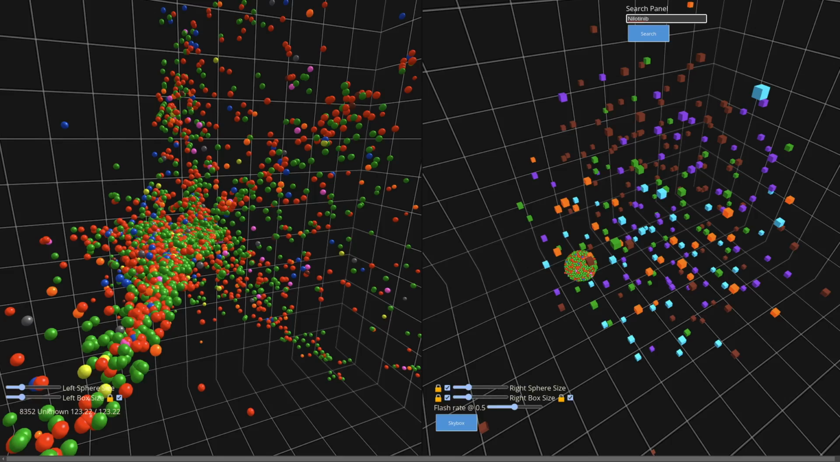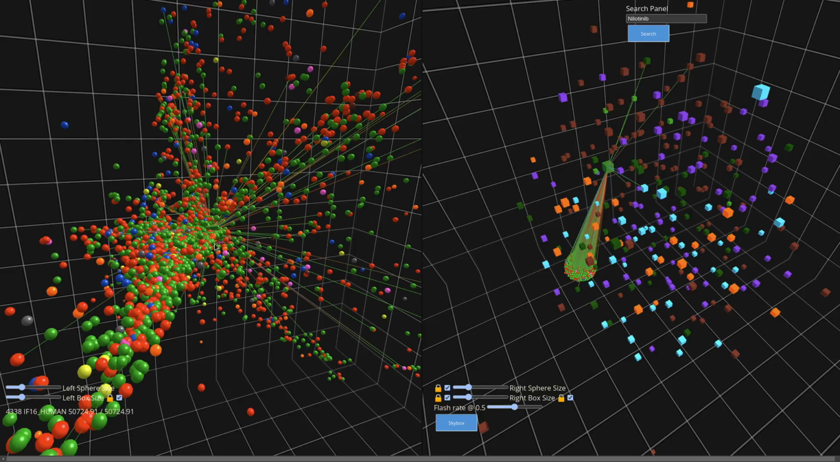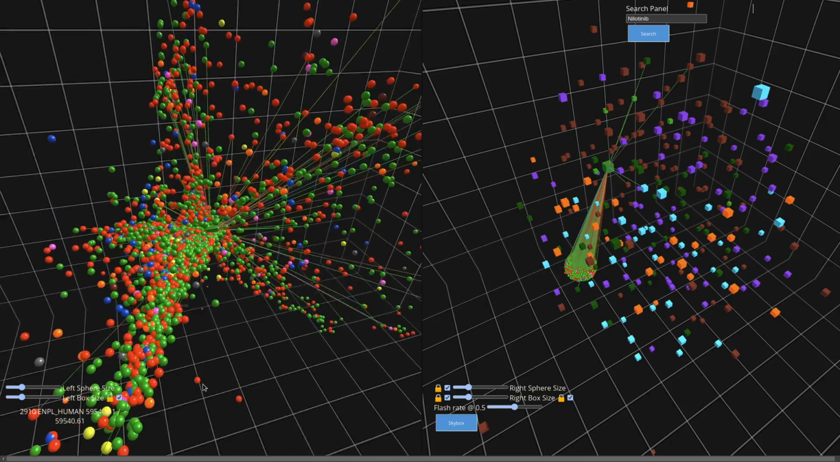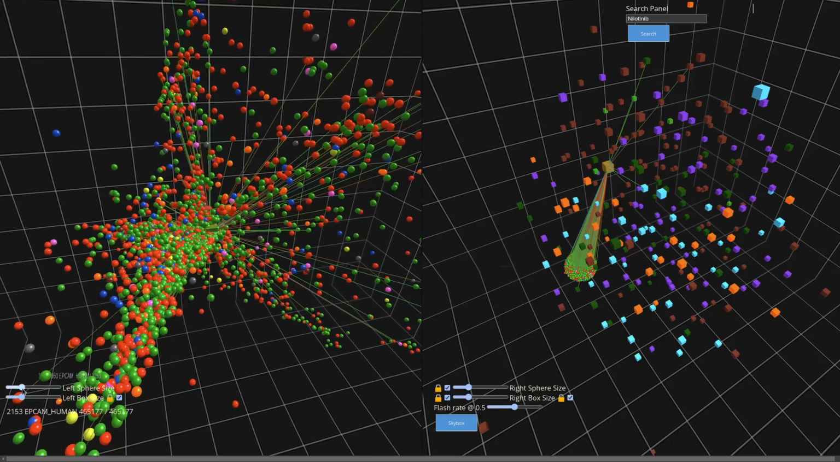nilotinib, a cancer drug, you can see that it lights that one up, and it also lights up the edges from the central cube to all the proteins on the left. I'll make these protein spheres a little smaller, so I'll unlock these locks so we can control the left and right sphere and